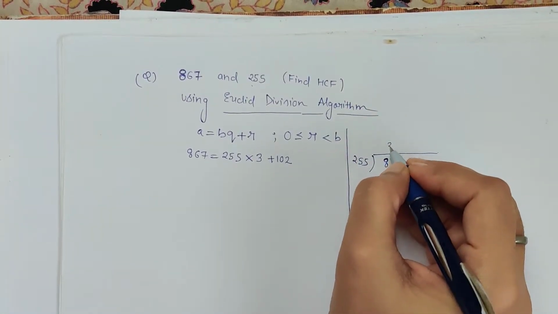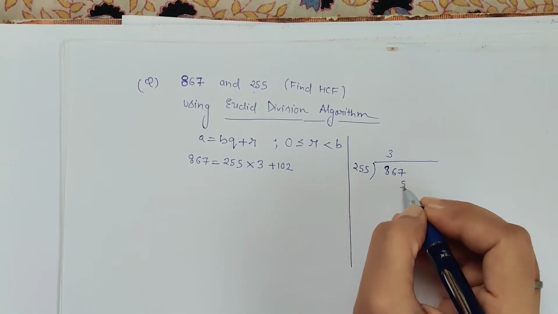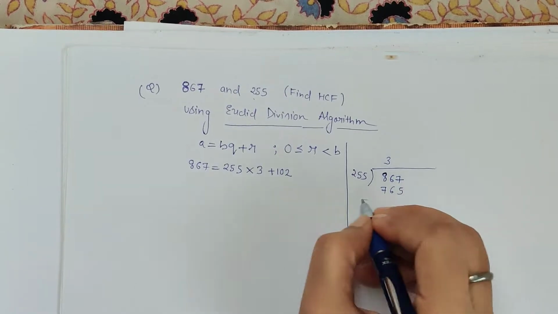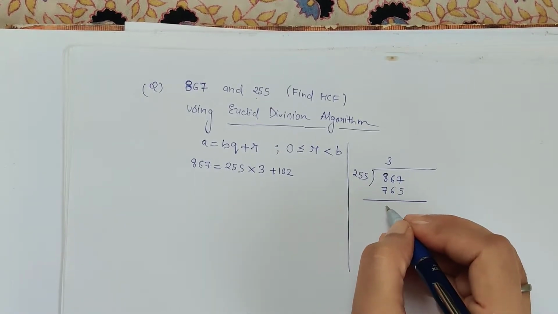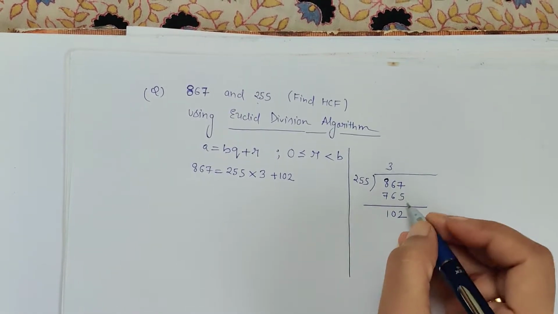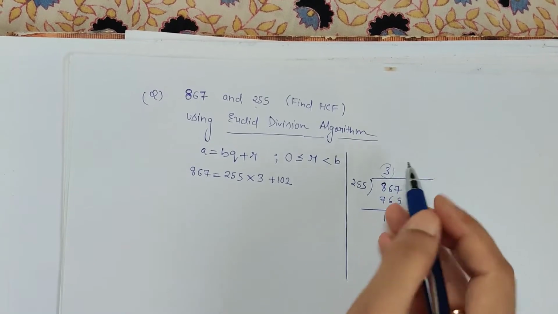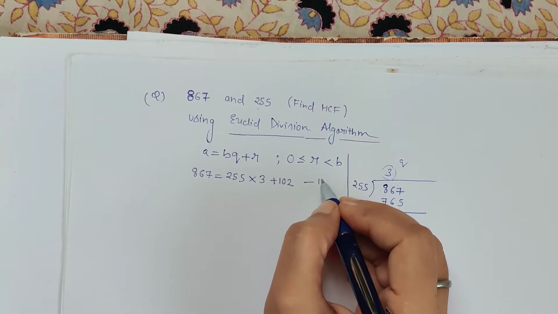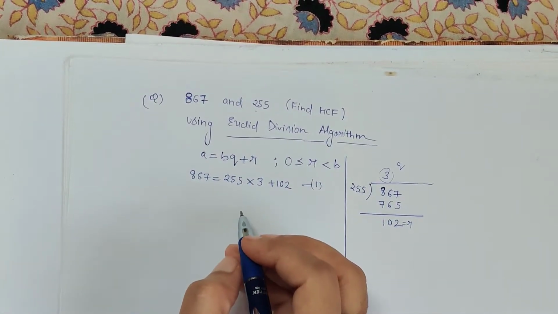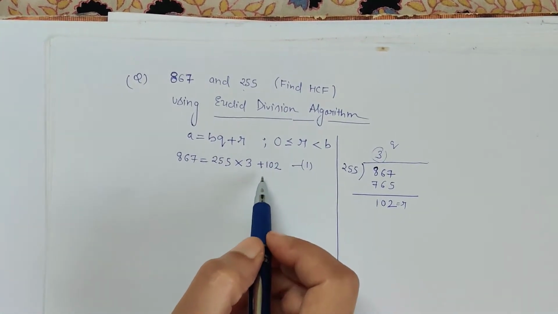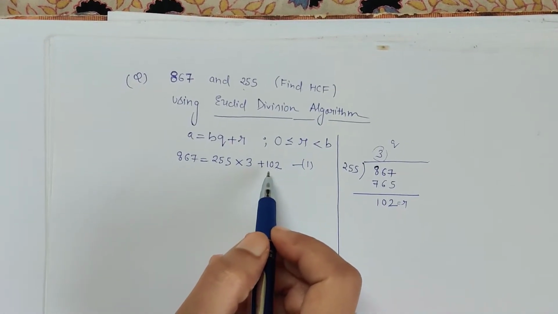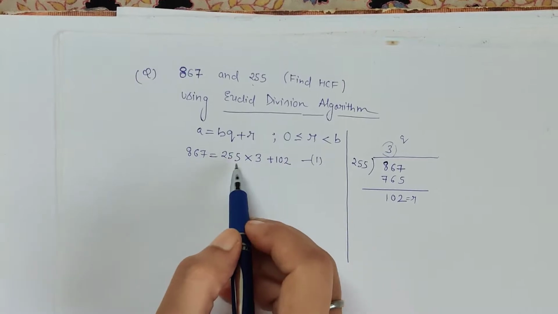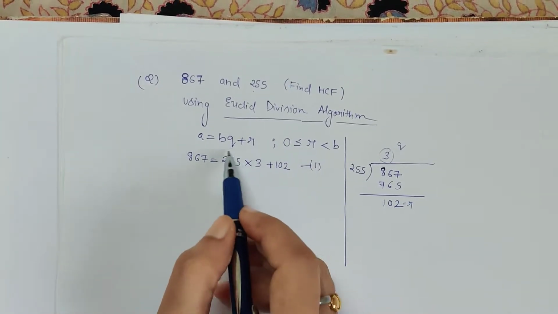So 255 into 3 gives 765, and when we subtract we get 102, isn't it? So this is the quotient and this is the remainder in this case, for the first case, right? Now as we have seen that since the remainder is not 0, we will again repeat Euclid division lemma or the same process. So here we will take A as 255